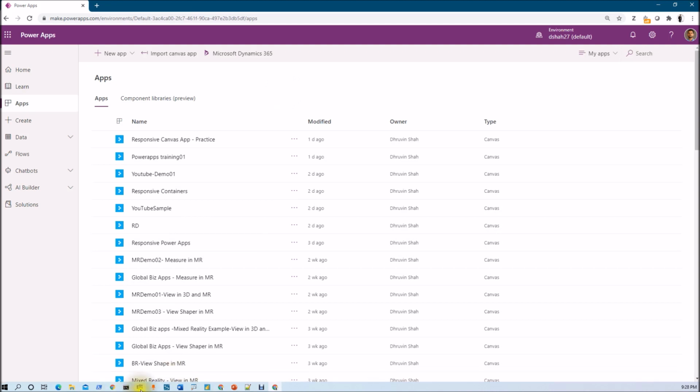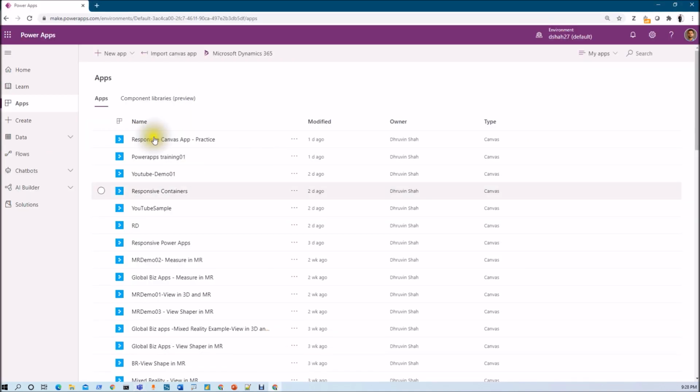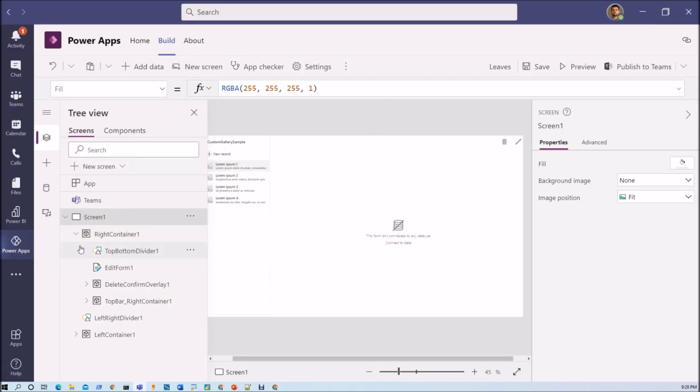But when you are creating the Power Apps inside Teams with Microsoft Dataverse, you will not be able to see that particular app in the apps section in web.powerapps.com. Another thing is that the question arises in your mind: my Power Apps is not being stored in my default environment, so where is it being stored? Now let me explain that in detail.